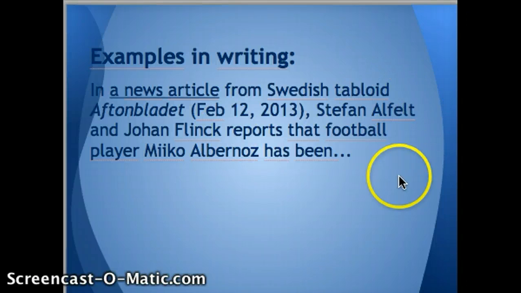For instance, if I were to use this article again as my source, but I was going to cite the source orally, I would probably say something like this. Earlier this year, Swedish tabloid Aftonbladet reported that Mikael Bernas, and so on. And as you heard, I did not give the exact date.